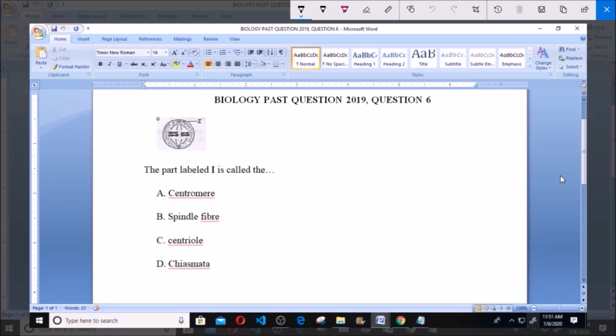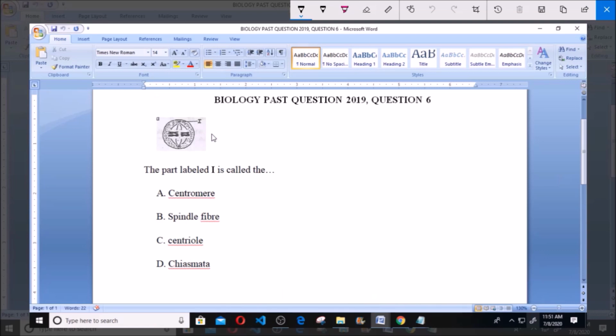Biology past question 2019, question 6. The part labeled I in the diagram is called the A. Centroma, B. Spindle fiber, C. Central, D. Chiasmata. Now, when you're given a question with a diagram, the first thing to do is to identify